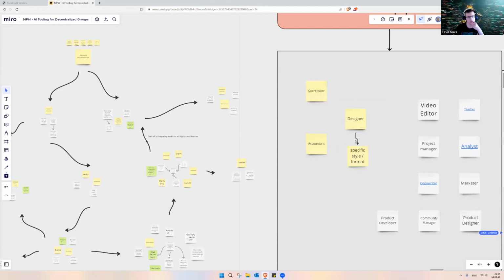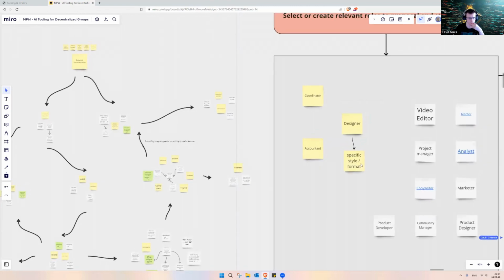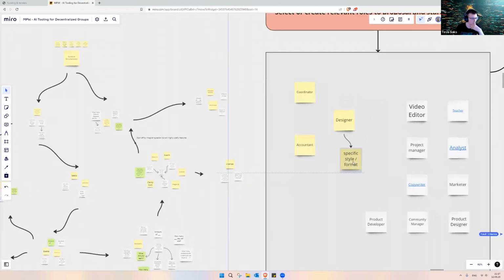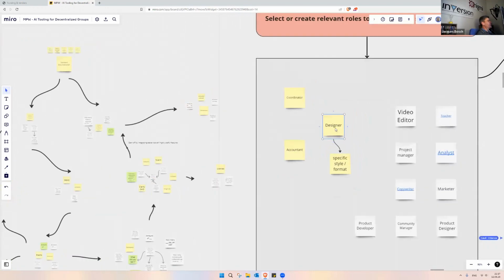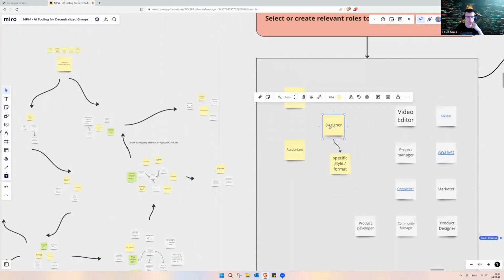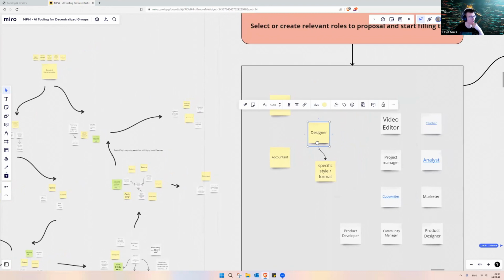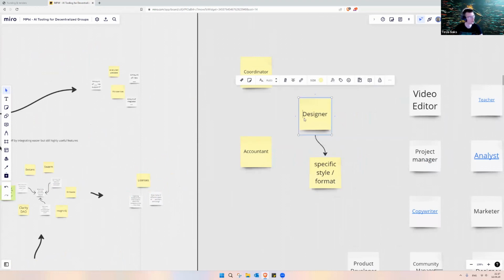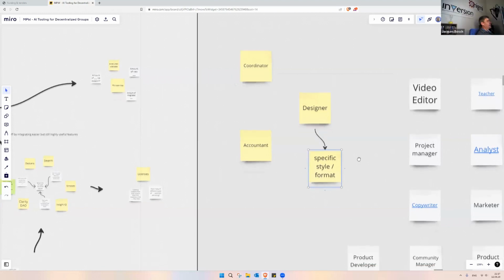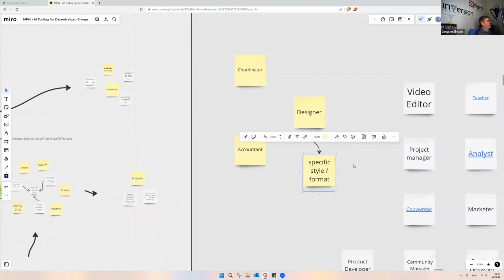And that would be a designer's area, to make this a specific style of format. What kind of a designer are you talking about here? Graphical designer? That's a good question. We could go more specific, like an architect designer or something. Yeah, like a style designer for the documentation.